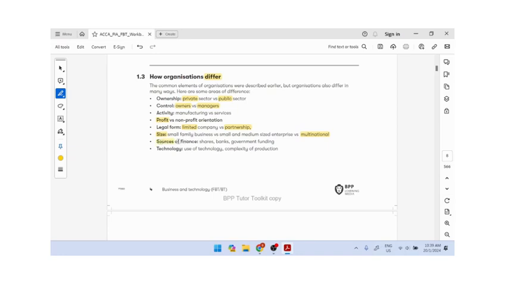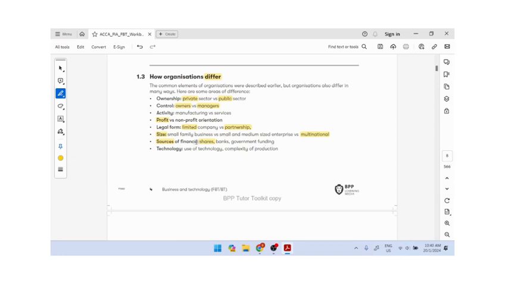Source of finance. Okay, what is the source of finance for a business? Capital. You own money, or you can get a loan from the banks. All right, you can sell shares. All right, you know what is IPO? Initial public offering. So when you do IPO, everyone buys your share, and then the money goes to the company. Then the company has a lot of money. So this is a source of finance as well. All right, government funding, like all the grants. Okay, so all these are sources of